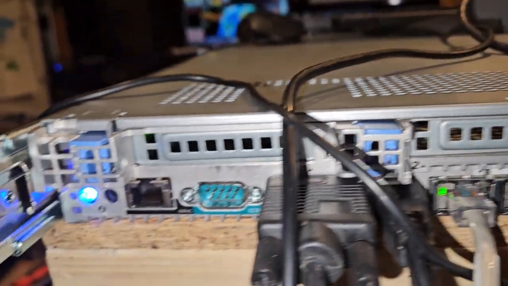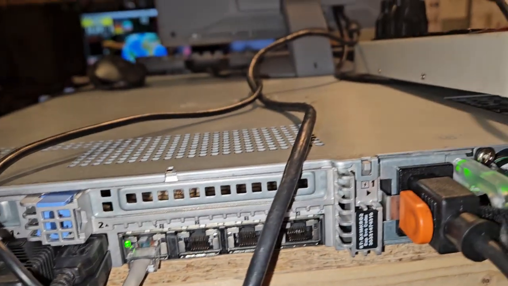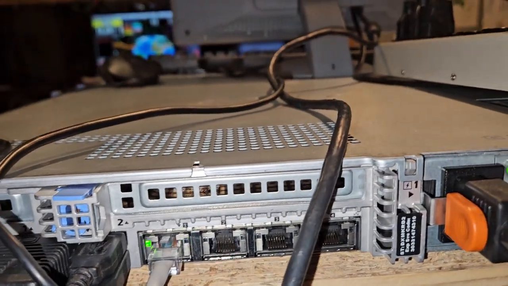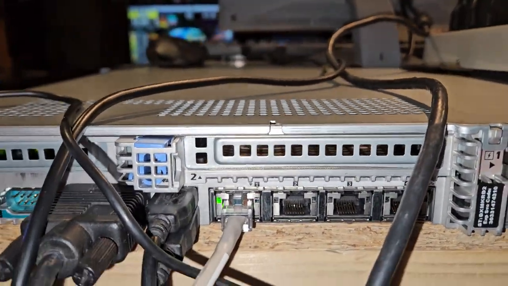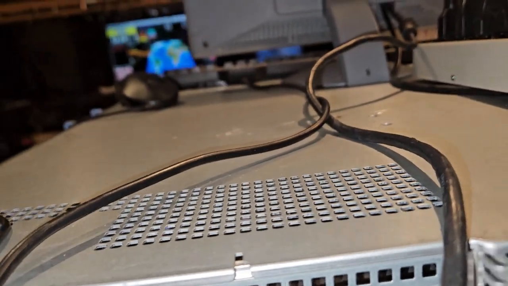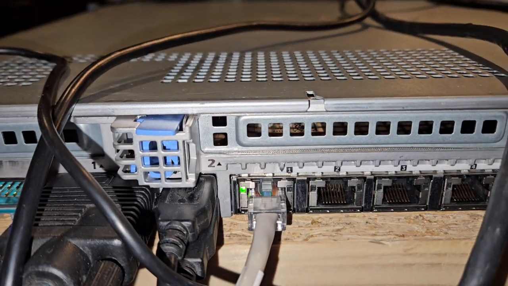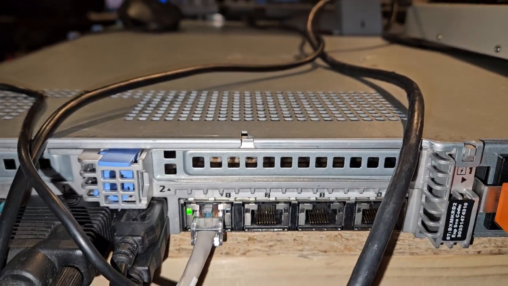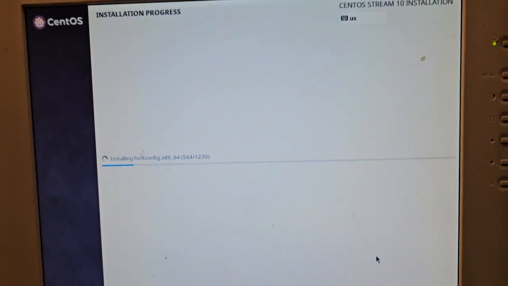So I basically had this hooked up to whatever IDRAC is, which is not an internet connection. I guess I just really don't understand how these things work. But 1, 2, 3, 4, and I noticed it was showing, oh, you don't have anything here. Okay, so I screwed up on the Linux Ubuntu because I had it hooked over here, and so anyway, right now we're installing CentOS, and it was downloading